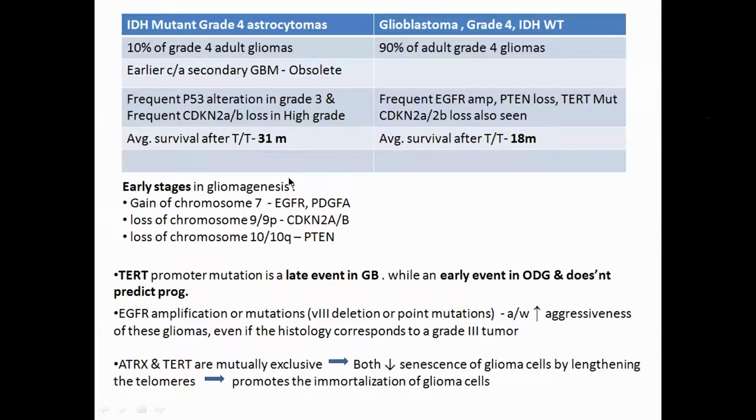So so far we have learned that there are signature mutations of glioblastomas like EGFR, PTEN loss, TERT mutation, +7, -10. The timing of these molecular changes also plays a very important role. At what step these molecular alterations happen matters, like TERT mutation, which, if it occurs as an early event in the disease, doesn't have a very bad prognosis, as in oligodendroglioma. In oligodendroglioma, TERT mutation is an early event in tumorigenesis, and it does not lead to very poor overall survival. While if it happens